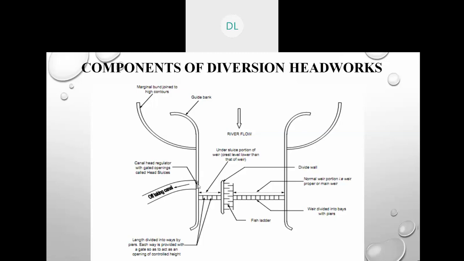So this is basically the canal head regulator, and the water in this pocket, created through the construction of this weir, is taken into the canal. If there is a requirement for irrigation, we open the gate and the water will enter. If water is not entering, what will happen to the excess water received here? That water will go above the weir, because this is not a dam, this is a weir. It cannot hold the whole of the water, so the rest of the water is allowed over the top surface of the weir, all through the length of the weir, right from here to here.